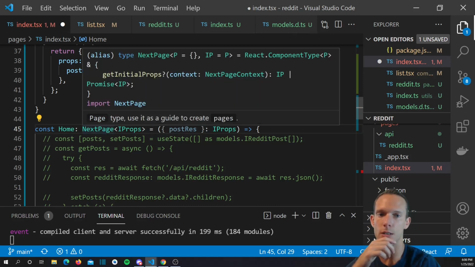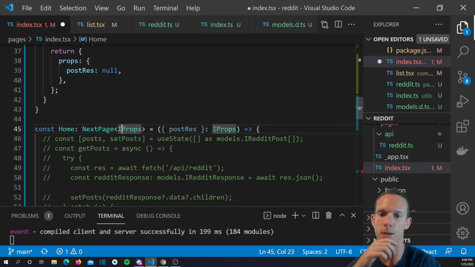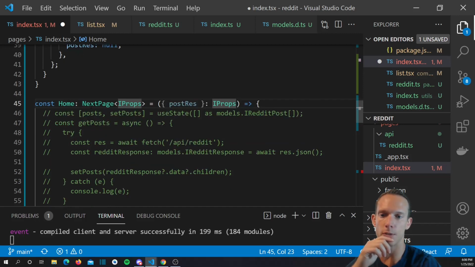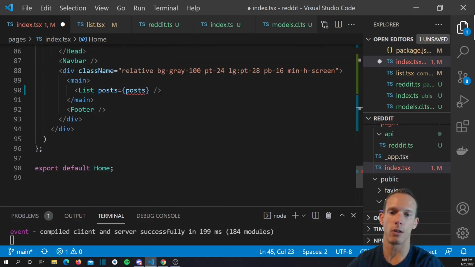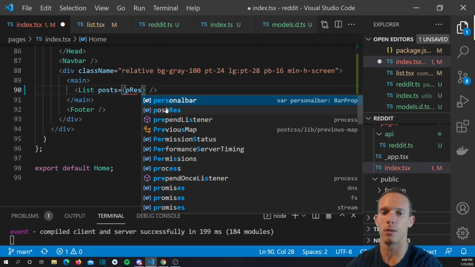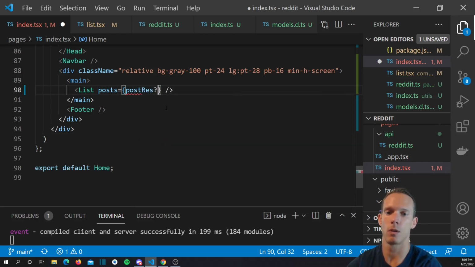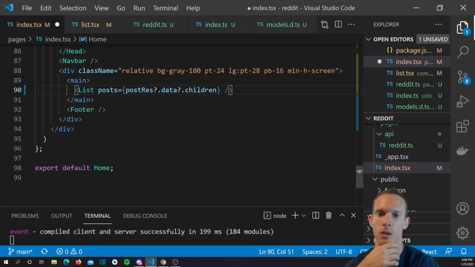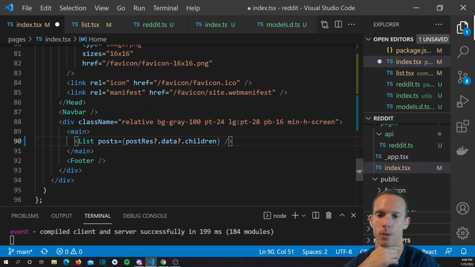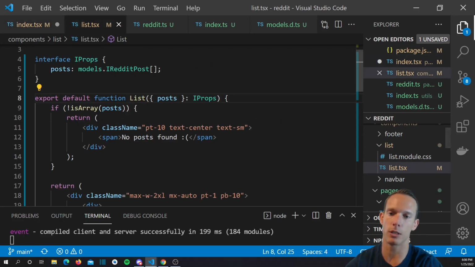Next page, you can see, takes in a generic. We just need to specify the props for that. There we go. Everything looks good. And finally, we're going to say that this is going to be postres.data.children, right? Awesome. So now, since list should be actually the same, if we go to list, right, we're checking